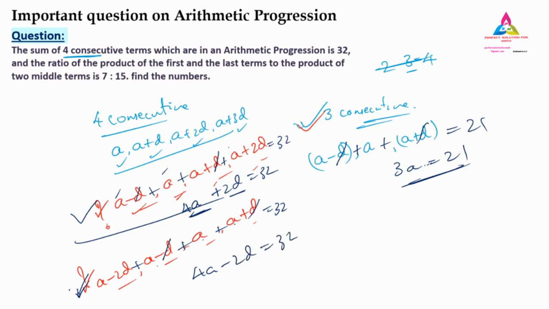Those who have gone for this type of method, you get an a value and also a d value, which means you have not cancelled the d value. When you do not cancel the d value in consecutive terms, you have to work hard. You have to solve nearly 2 to 3 pages to get the final answer, because we have it only in the first line. So it will be a lengthy process.